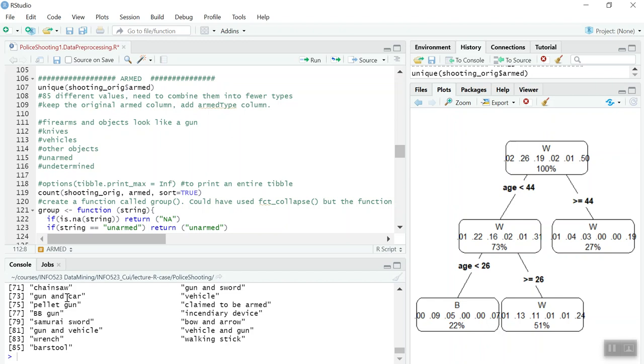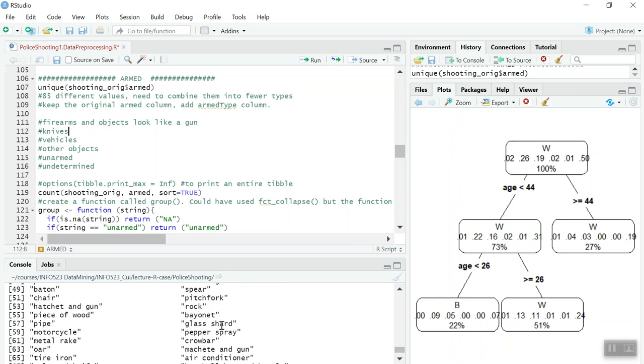After I read these 85 different values, I came up with a set of types that I want to group the data into. So undetermined is certainly one group. Unarmed is another, distinct group. And with the other things, objects,